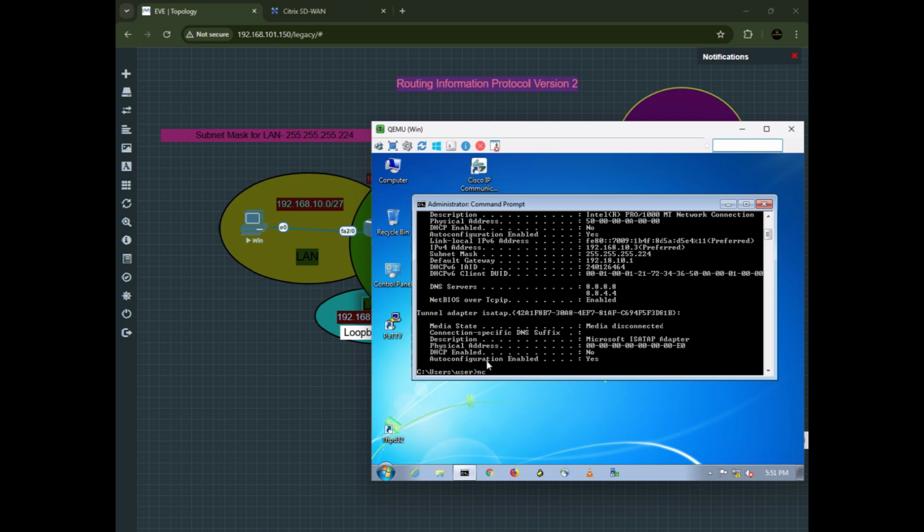192.168. We need to change this. 168.10.1. We need to modify this. I'm just gonna try and modify that over there. I'm just gonna go and type